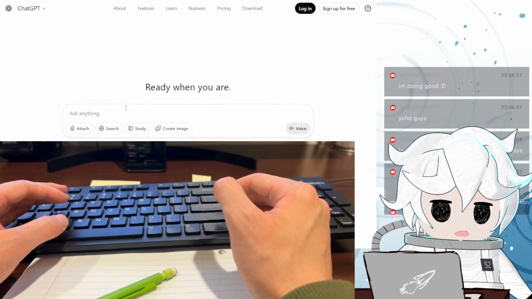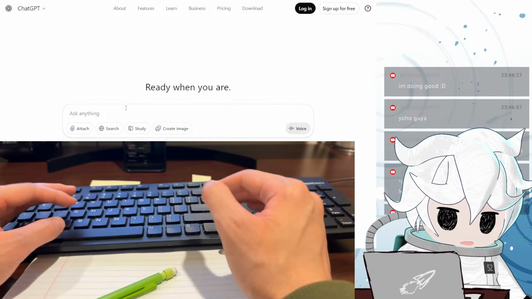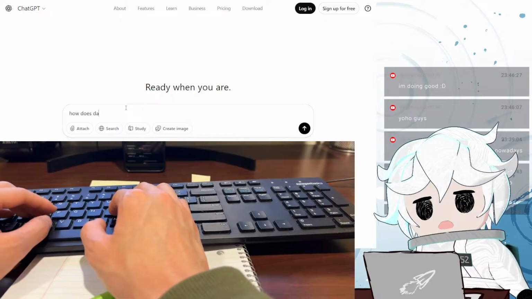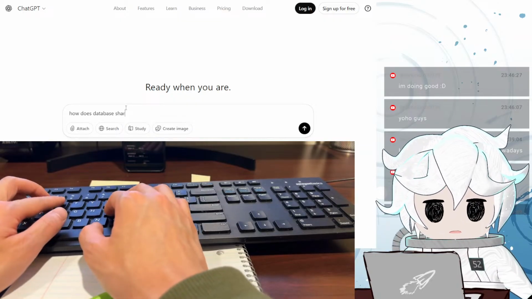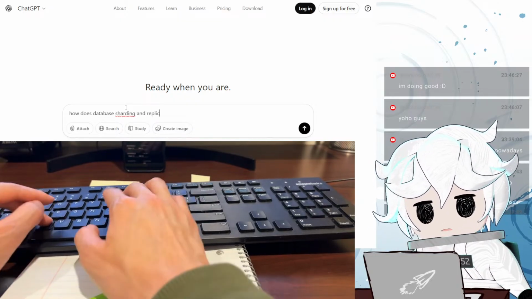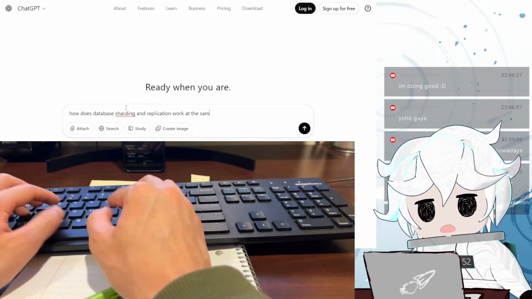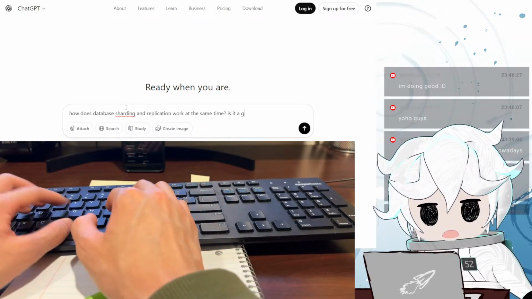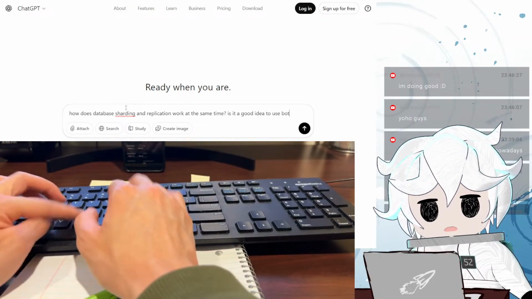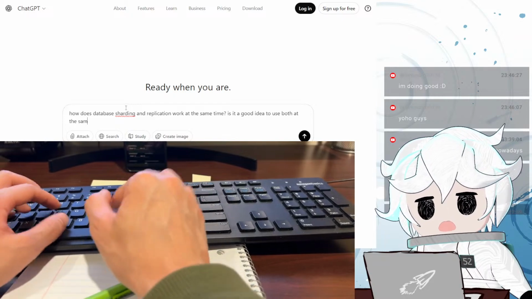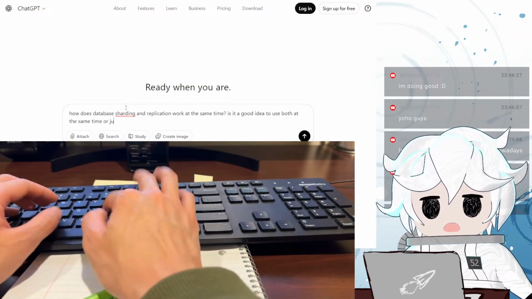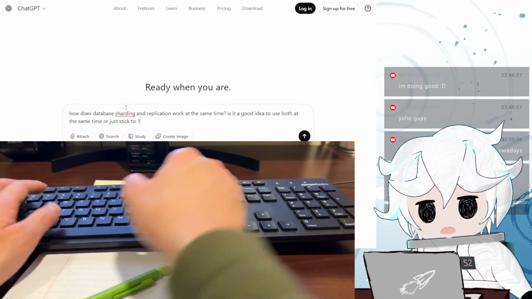Each shard has one master and several slaves. Is that how it works? Is it a good idea to use both at the same time, or just stick to one?